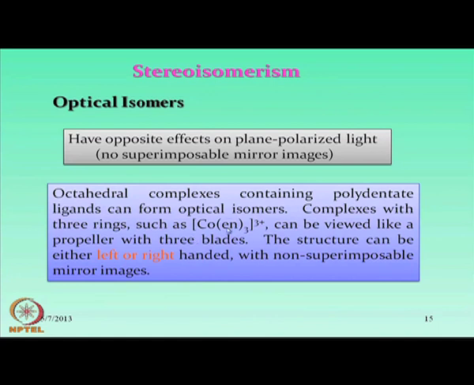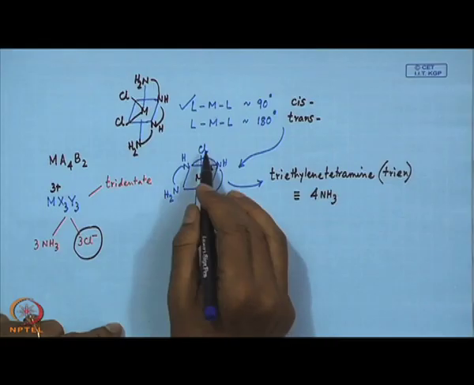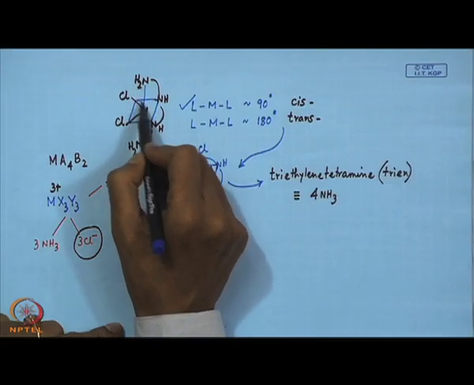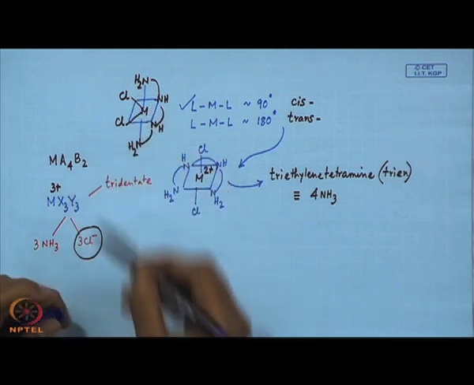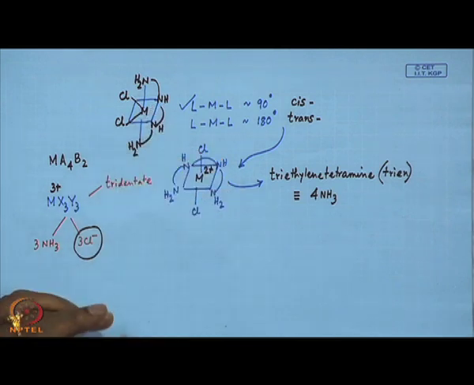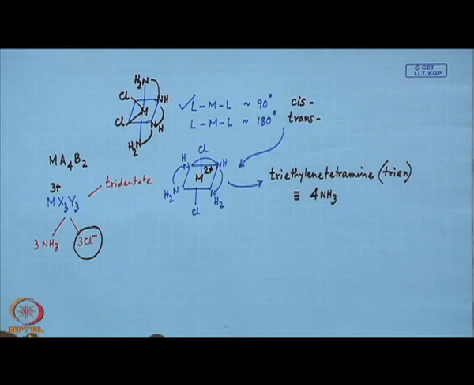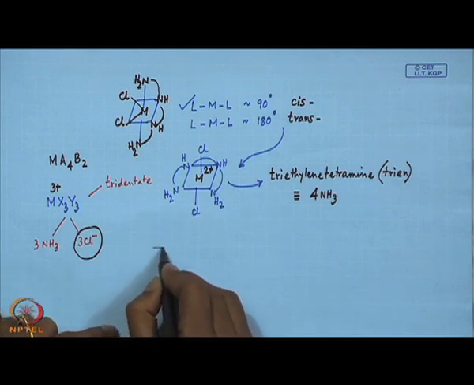If we have a bidentate ligand like ethylene diamine, it can be seen that the 3 ethylene diamine ligands are bound to the cobalt center in such a fashion, similar to this type of arrangement. That means NH2 type of binding, as we are seeing for the part of the triethylene tetramine molecule.